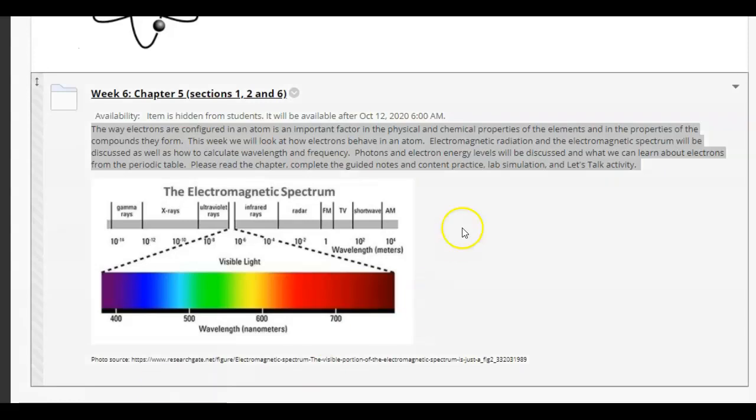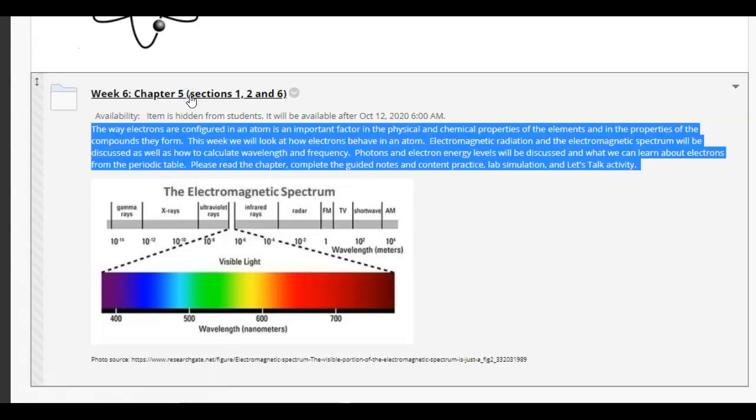So same setup as usual. I do want to make note of this week you're looking at chapter 5, but we are only covering sections 1, 2, and 6. So the middle sections we are not going to discuss. So don't spend your time